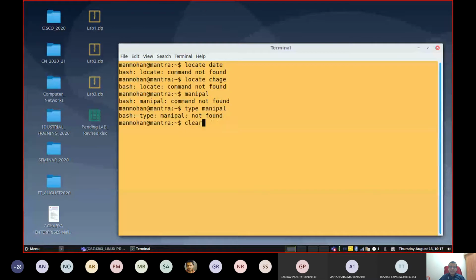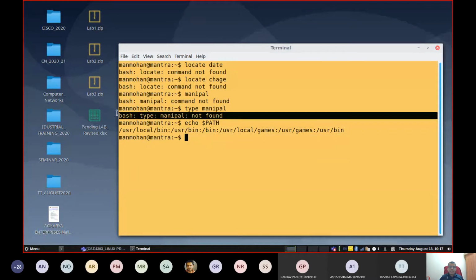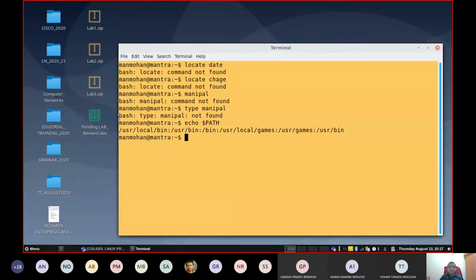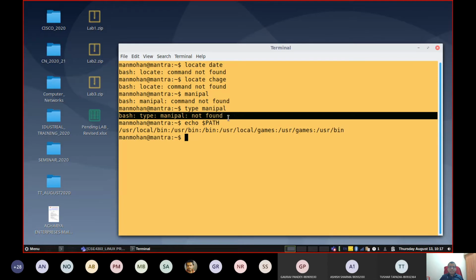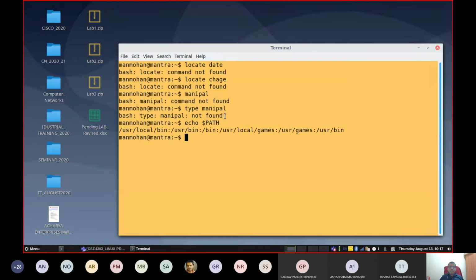The moment I type Manipal, the operating system will search for a program called Manipal in these particular folders. If a command is not found in any one of these folders, then it will come out with an error message saying command not found.